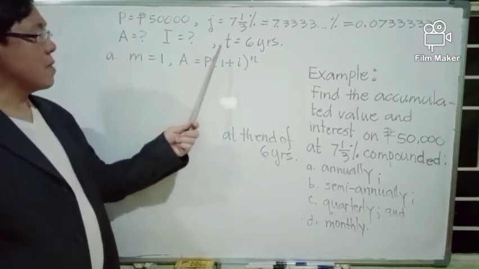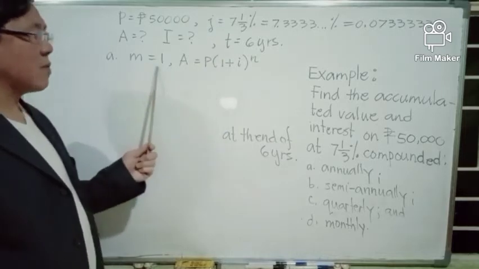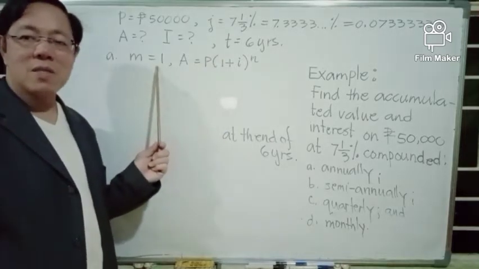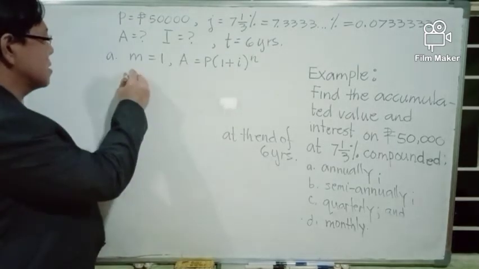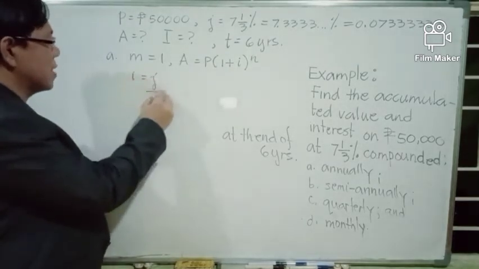Our conversion period here, for m equals 1, is 1 year. And I is given by J divided by M,